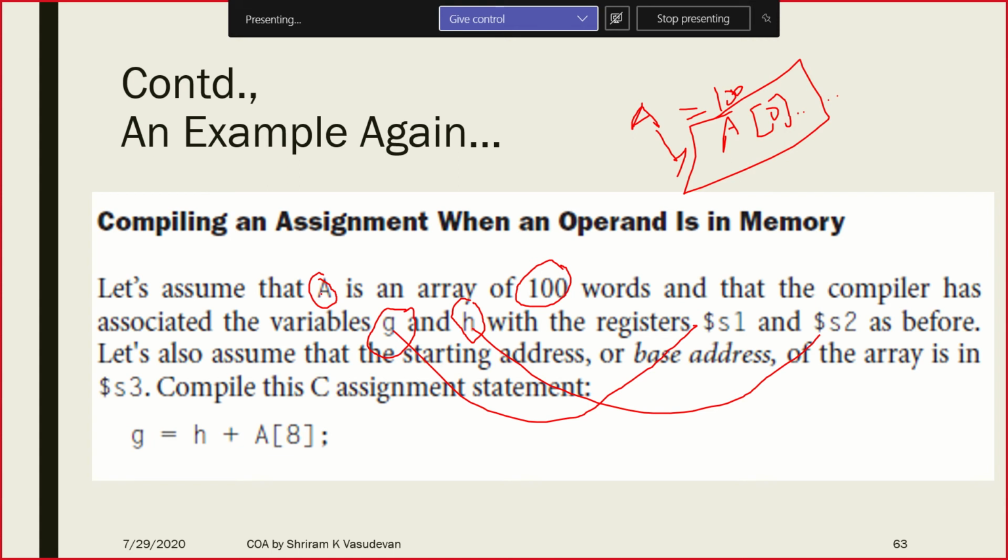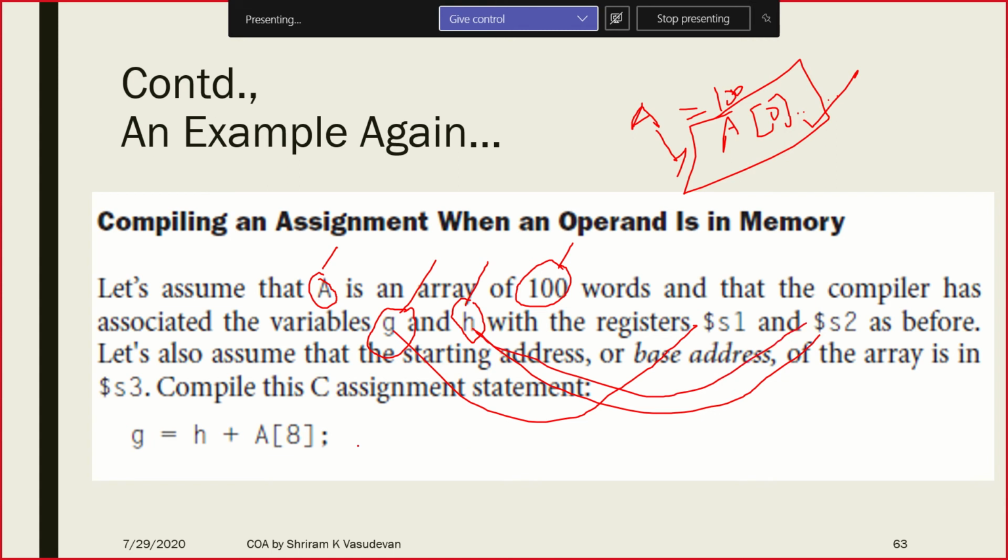Just three things are conveyed here. I have got an array A, it has got 100 words, it starts with A of 0. This is fundamental. I have got two variables, G and H. G is directly conveyed as $S1, H is directly connected as $S2, and that's it.